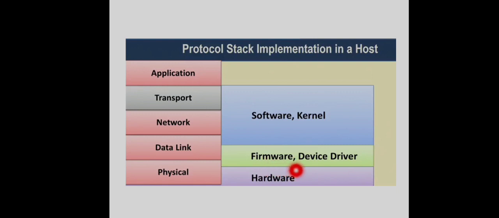Yeah, inside the network interface card, there can be circuits for encoding, decoding, everything will be there. Some part of the physical layer will be implemented in the device driver. And some part of the data link layer functionalities will be implemented in hardware itself, this NIC itself. And when we install the device driver for this NIC, some part of the functionalities will be there in the device driver.